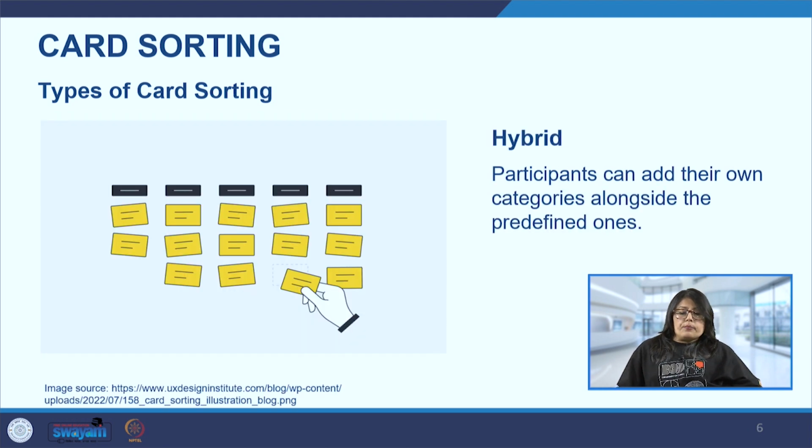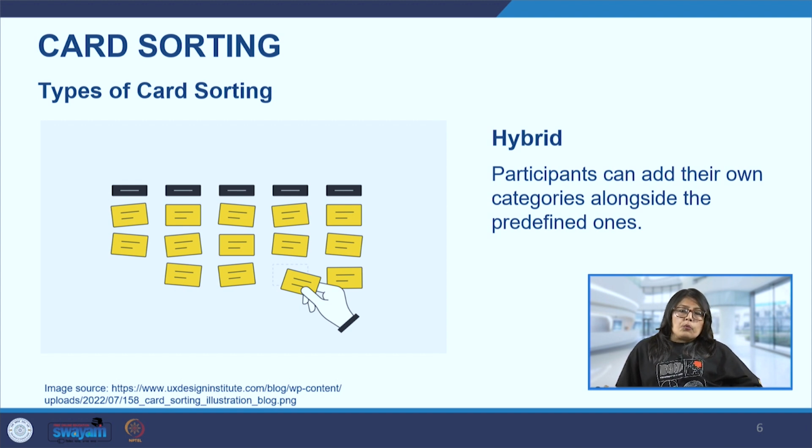Now there's a third way of approaching this card sorting method, which is the hybrid method. Hybrid meaning that we will use a little bit of both the open and closed card sorting methods. So here we will provide our participants with predefined categories, which is similar to closed card sorting, but we also allow them to create their own categories. So we may provide them with 3 categories, and then we can say that you may create more categories if required. So when should we conduct the hybrid card sorting?